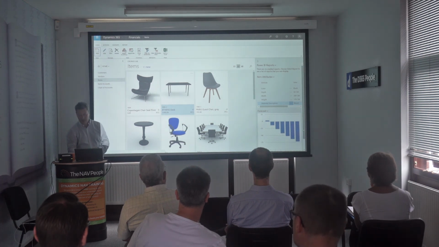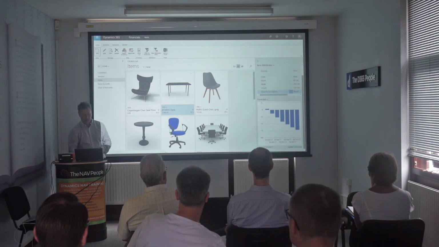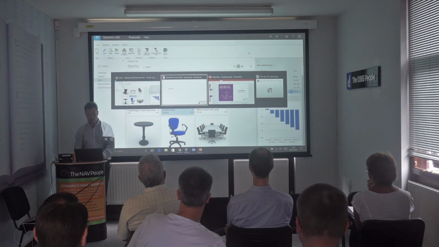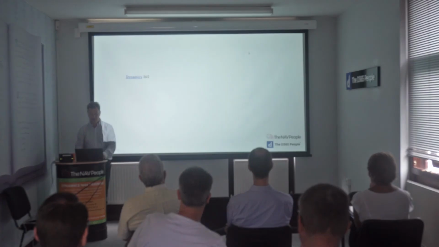Equally, this forecast down here, again, if you came to see us last year at the user day, we talked a little about this. This forecast is coming by throwing it into an artificial intelligence forecasting solution and coming back and suggesting how that product is likely to sell over the next whatever months based on AI forecast information. Okay, so that is what we're talking about when we talk about both Dynamics 365 and the future of NAV.